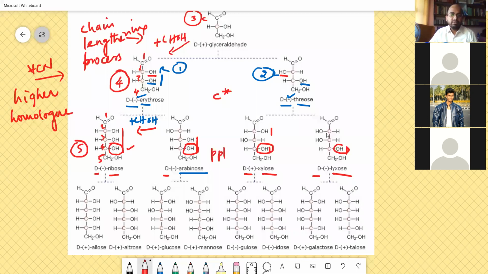On coming from D minus erythrose to this, we get this product, arabinose. Therefore, we establish that we do not get this product, we do not get this product, we do not get this product. So we have to write on the synthesis, on preparation of a higher homologue of 5 carbon atoms from 4 carbon atoms, we get D-arabinose. D-arabinose on further higher homologue preparation will give rise to D-glucose.